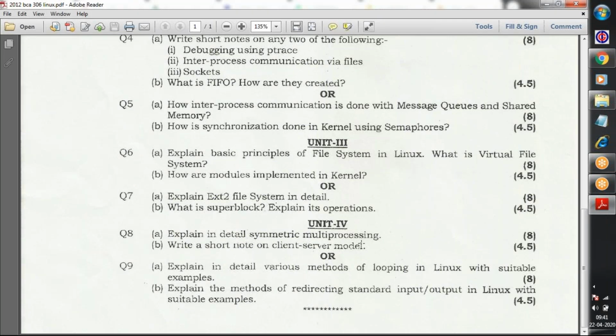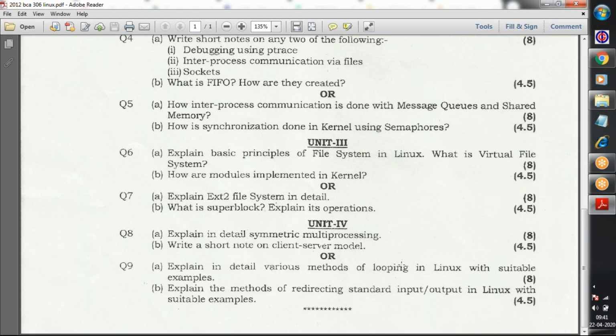Then multiprocessing, same here. Linux is multitasking, multiprocessing, everything is there, so you can detail. Client server model, you know that is a client server that has already been discussed in networking. So these are the few notes. It can come from any of the sites, but my unit 4 of iLearn, which I have given to you, has served the client server model. So you read that model, though networking is not part of your syllabus, they have asked a general question on the client server model.